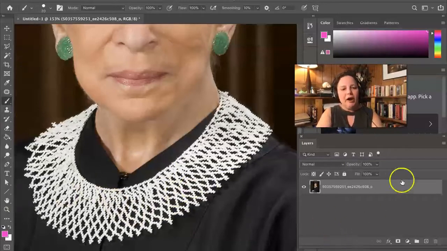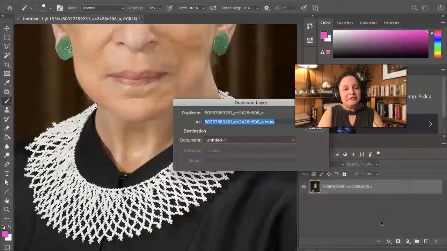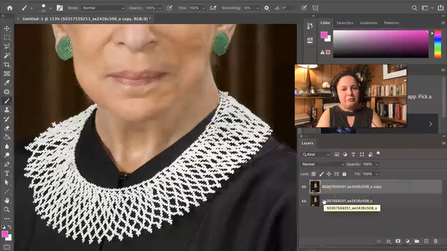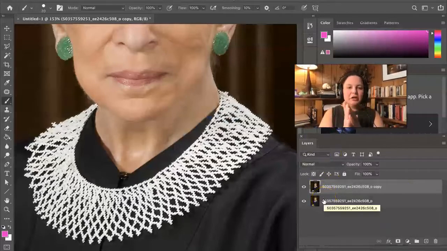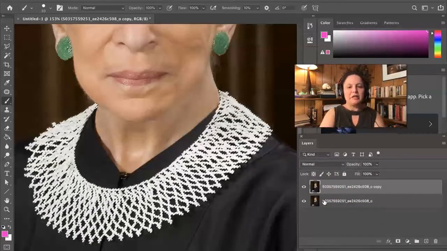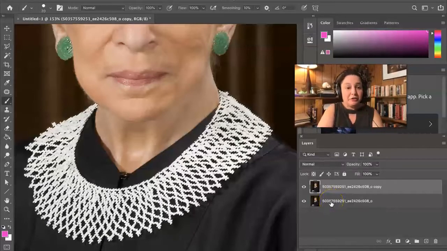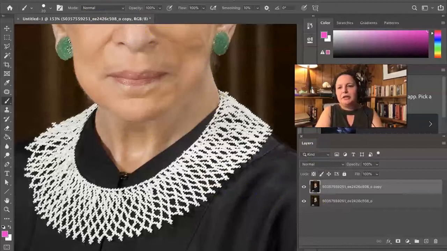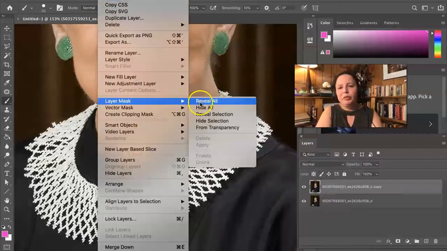So before I go any further, I'm going to go ahead and duplicate this layer. The main reason for that is, for no other reason than, I like to have the original layer preserved, so that I don't have every single layer with some kind of operation on it. I like to keep one layer at the bottom that just has the original image, because if I ever need to go back to it, it's a lot easier. So I'm going to select the new layer and now make a layer mask. In this case, I'm going to reveal the selection,